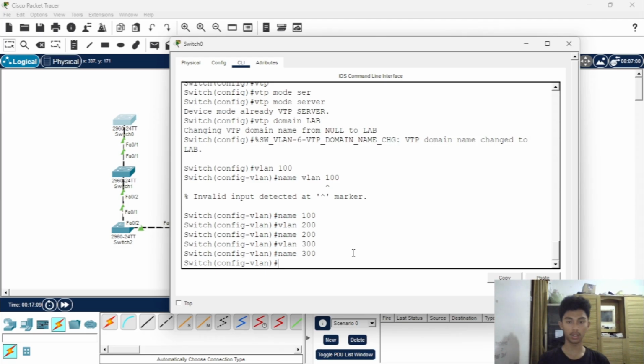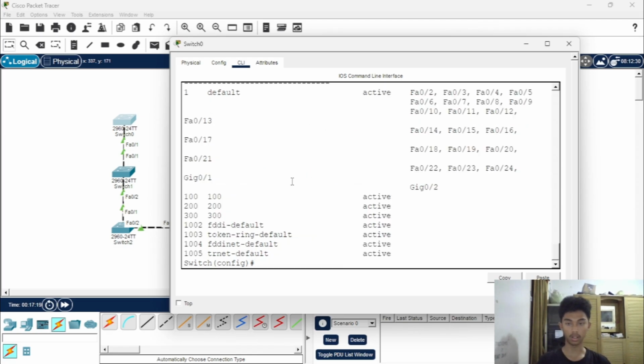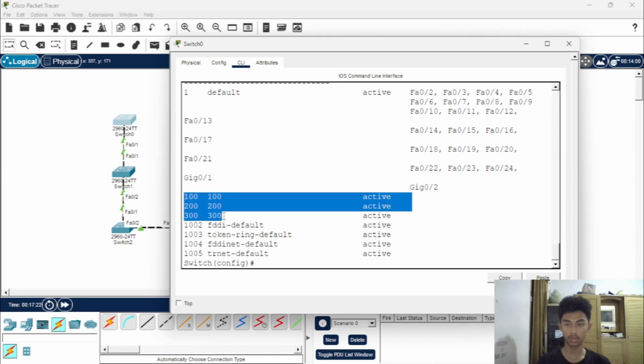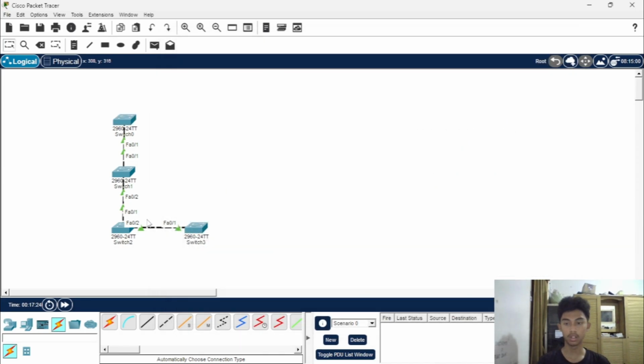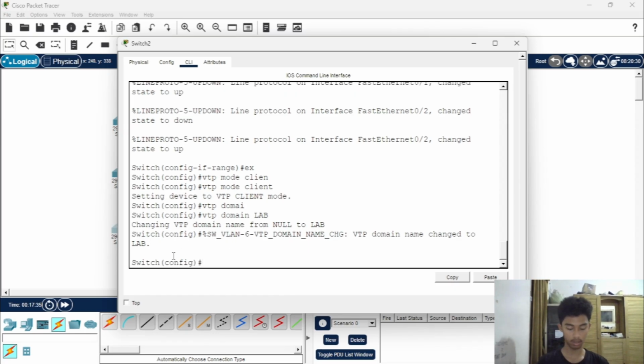I want to try to see if the VLAN works or not. Okay, use command do show VLAN brief. Okay, it works, and then we look at the switch in client mode. We use show VLAN brief.